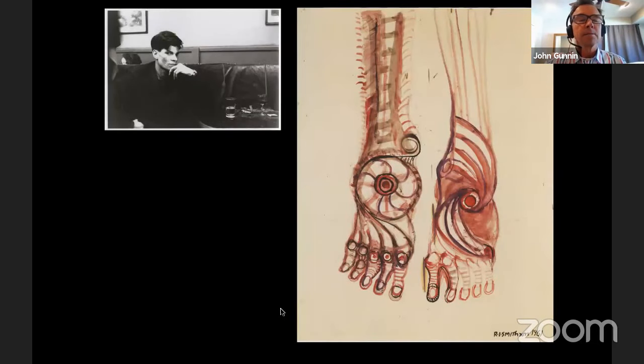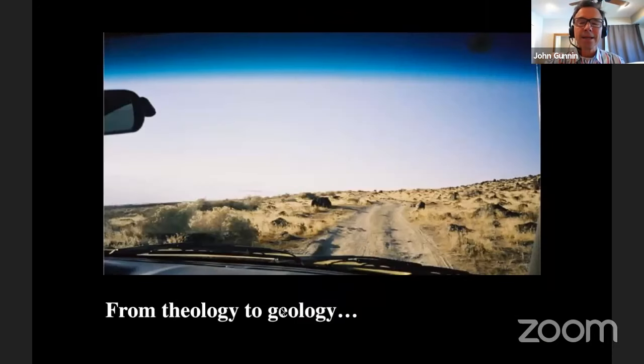There's a picture of Robert Smithson when he was very young, living in New York. And when he was in art school, he had these religious paintings. This one's a drawing actually called The Feet of Jesus. And you can see that he has a spiral obsession, even going back into these religious paintings. So there's lots of layers of meaning in this.